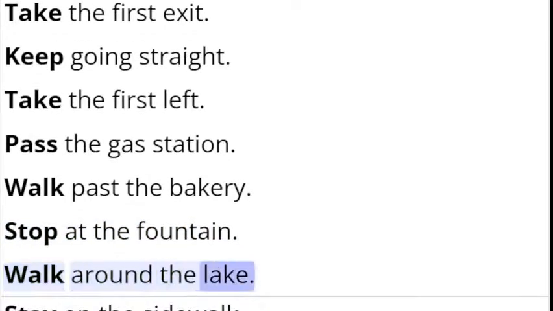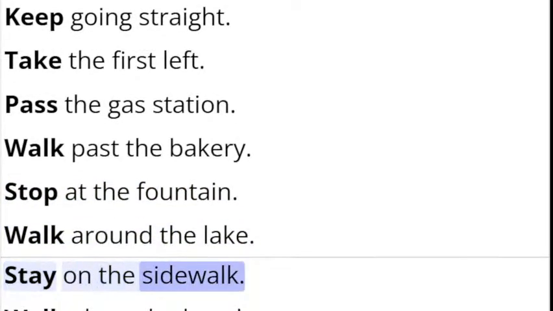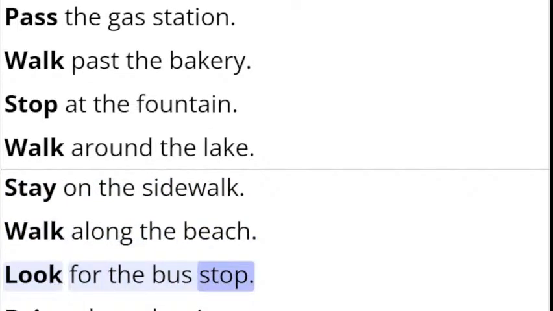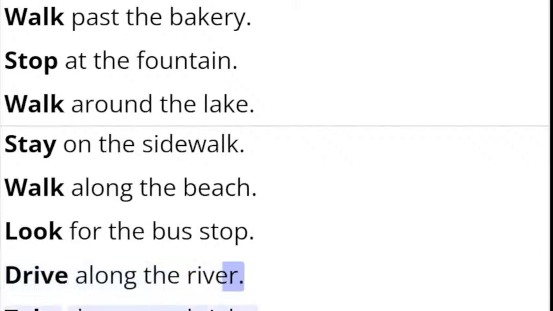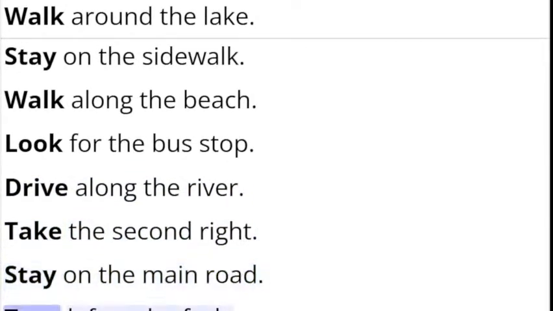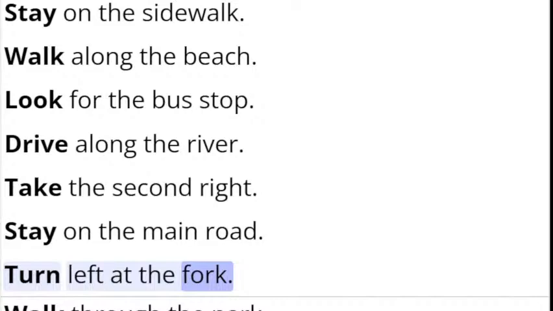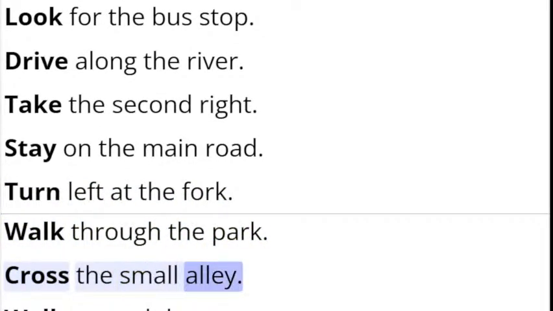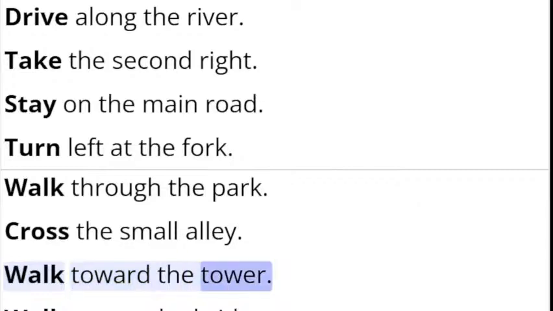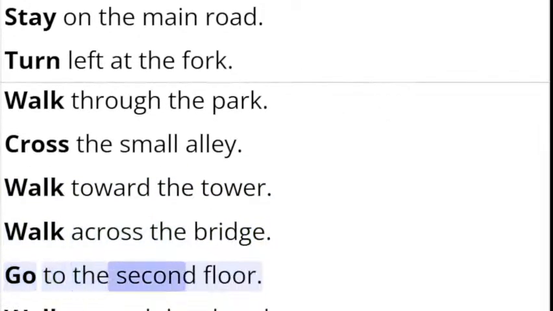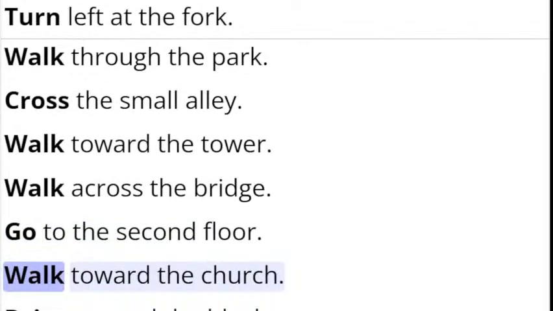the lake, stay on the sidewalk, walk along the beach, look for the bus stop, drive along the river, take the second right, stay on the main road, turn left at the fork, walk through the park, cross the small alley, walk toward the tower, walk across the bridge, go to the second floor, walk toward the church, drive around